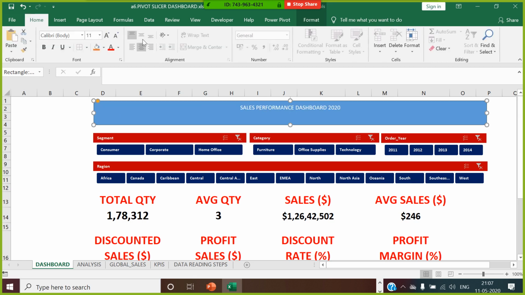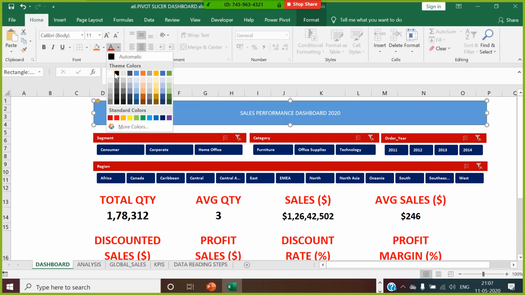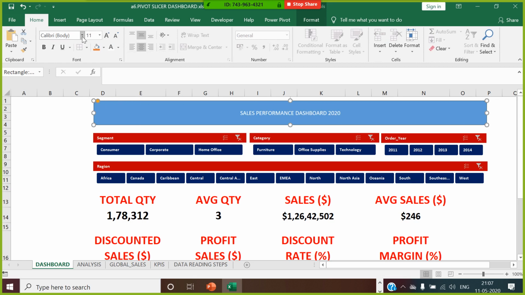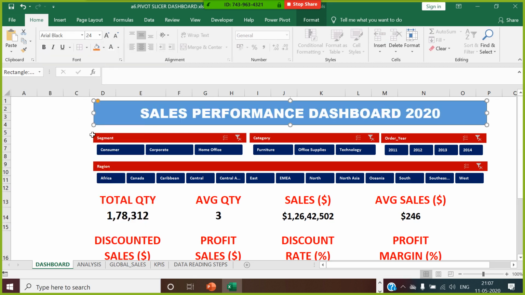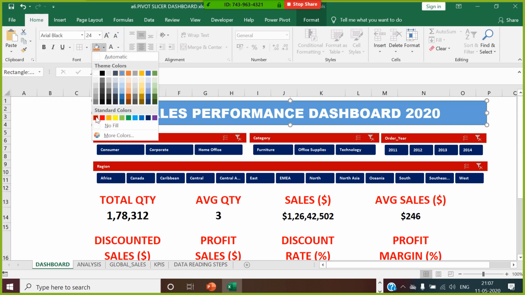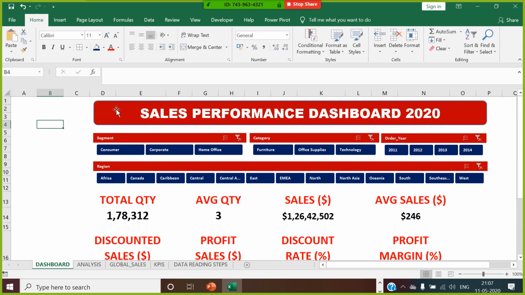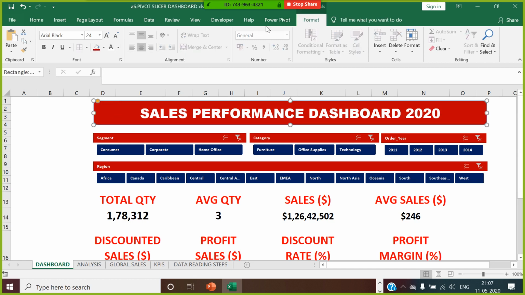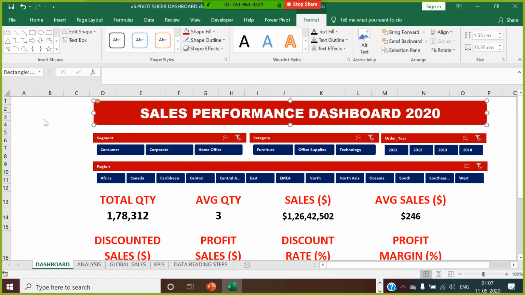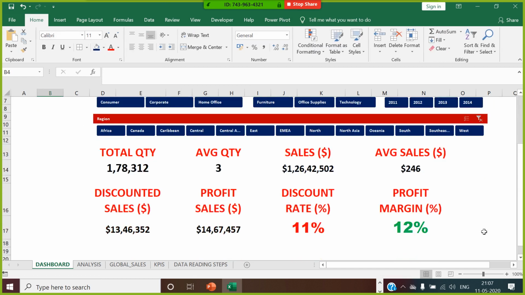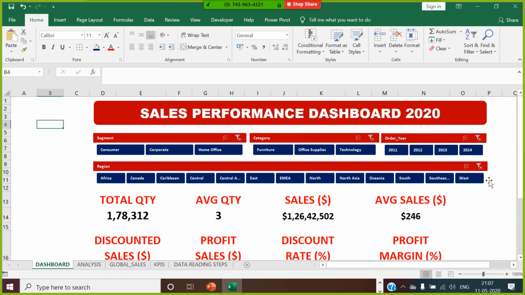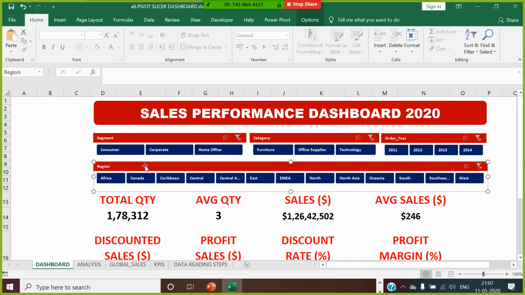Select this to middle align, go for the font, make it Arial black, increase the font as much as you feel good to. Choose the background color as this color and go to outlines as no outlines. So this is how you showed your very basic.